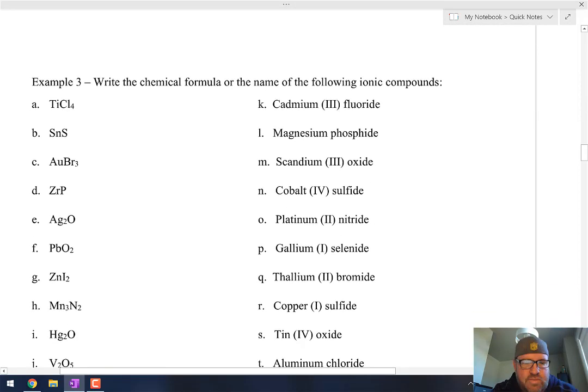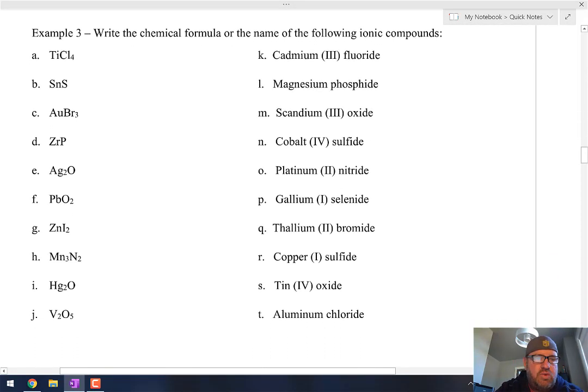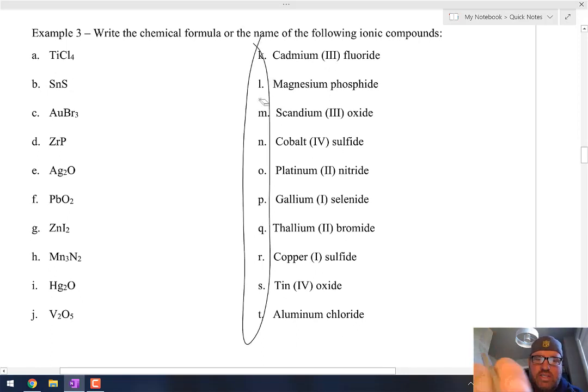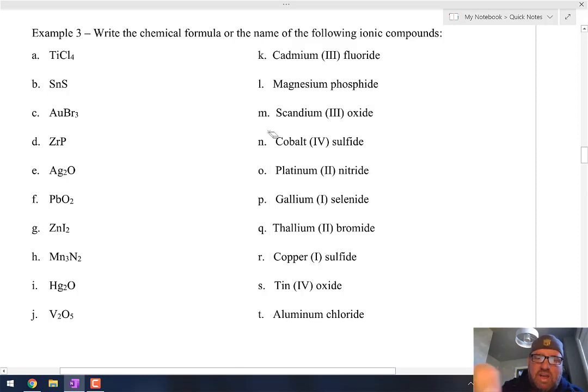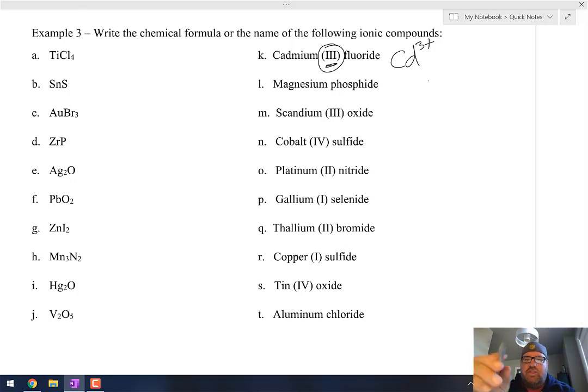Okay, and some of these examples will be like that as well. So the first ones, let's start over here. Actually, this side's a little bit easier than the other side, and hopefully by doing this side first, it'll help us. So this says cadmium 3 fluoride. That means that cadmium, remember, the Roman numeral tells you the charge. So that means cadmium has to have a +3 charge. Because you find cadmium on the periodic table, it's in the transition metal area. Well, I don't know the charge on it. That's right, and that's why that Roman numeral has to be there. And then F- means that it is